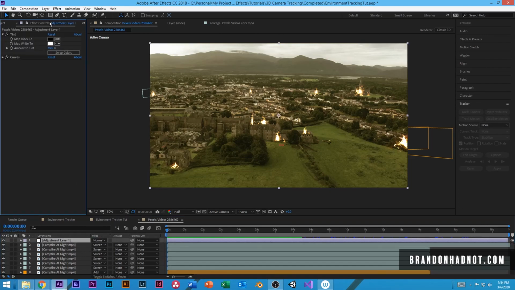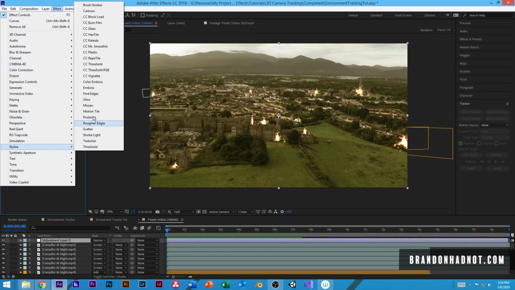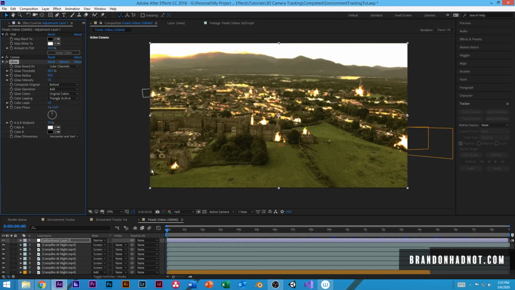I'm going to go to Effect Controls. We've already played around with the color. Now I'm going to go to Effect and go down to Stylize and choose Glow. So you see it's making everything kind of go crazy. But if we take the glow threshold up a little bit, we can see that we can make that not so intense. And then we can boost up glow radius